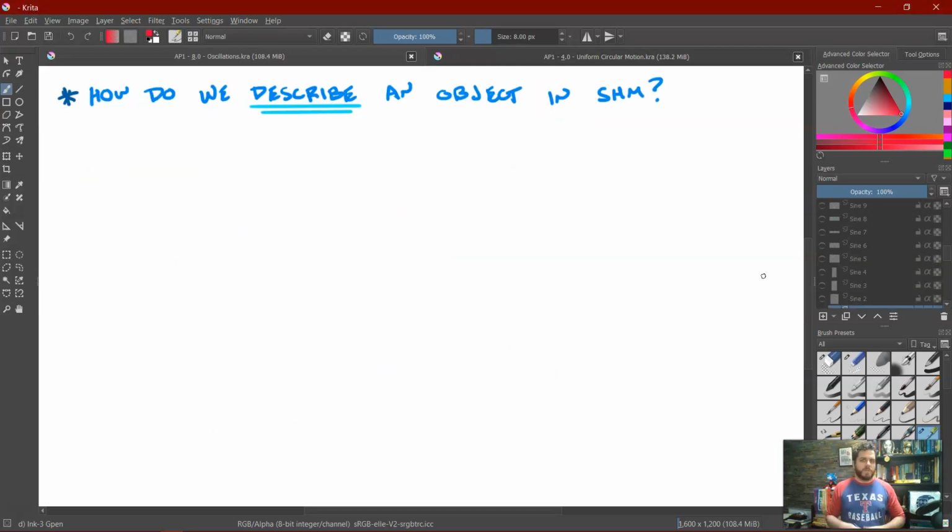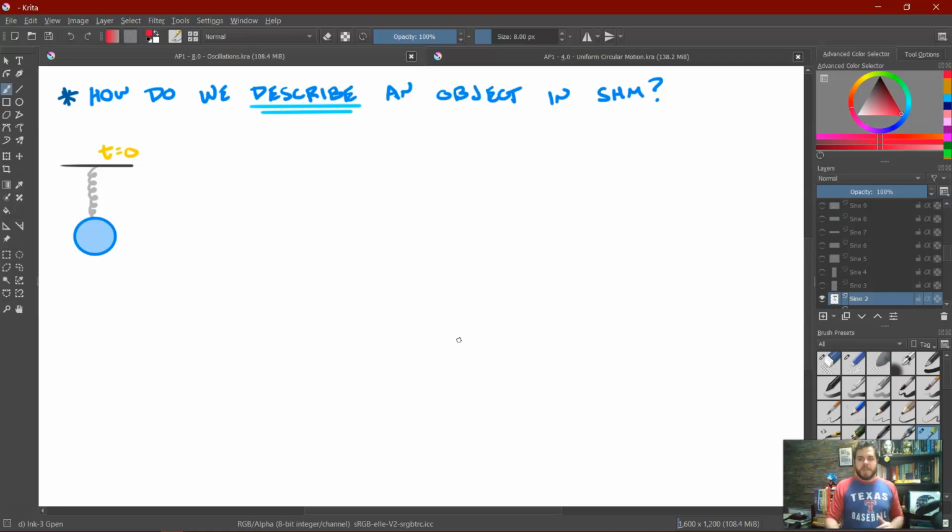of an object in simple harmonic motion. And let's go ahead and start off by giving ourselves a little scenario. Let's say that we have here, for instance, a ball that is attached to a spring at time equals 0, and let's say we've pushed it up so that it does not naturally hang from this point. It actually naturally hangs somewhere down here, and we've pushed it away from this equilibrium position, and then we're going